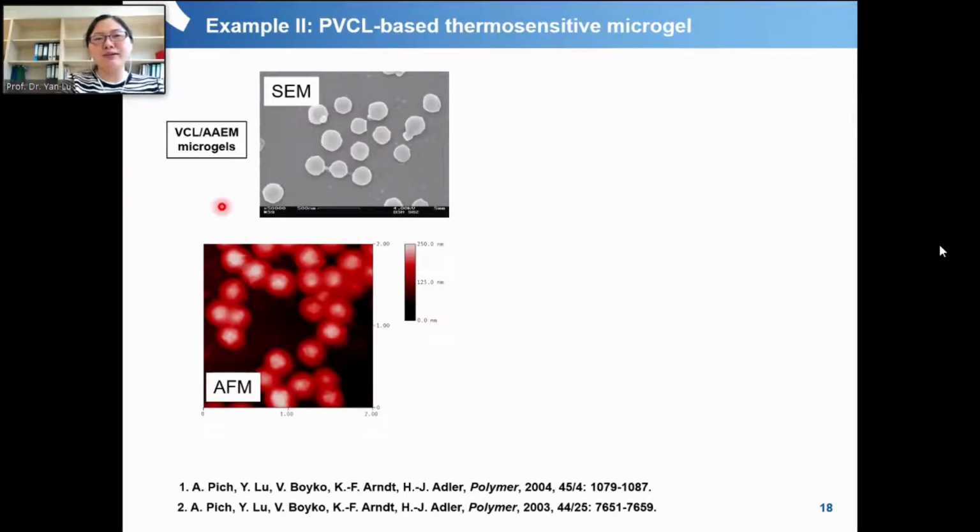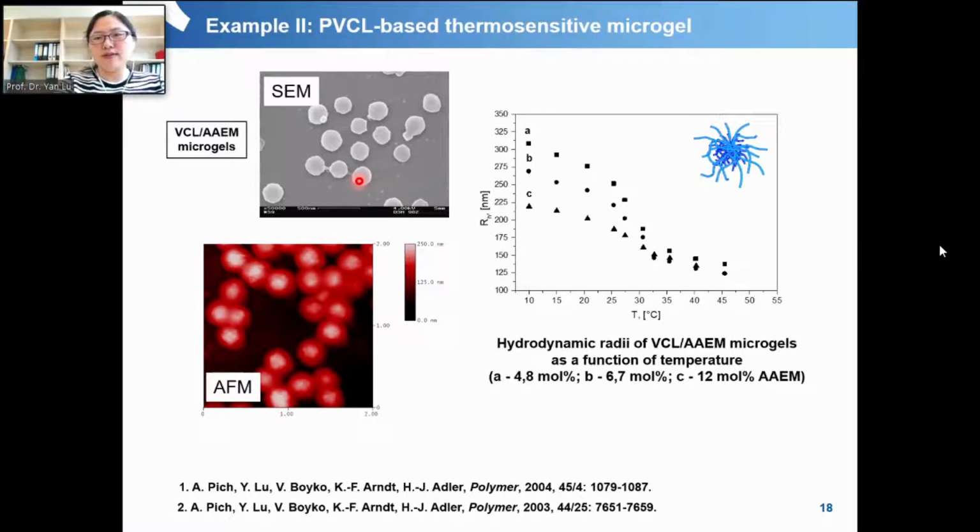So this is a typical SEM, scanning electron microscopy image, and this is the AFM image of the particle. You see they are quite homogeneous and have a spherical structure. You can also follow the transition temperature of such a microgel by dynamic light scattering measurement. And you see they have a transition temperature around